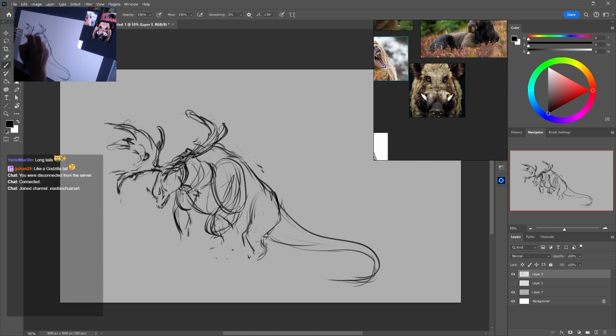Put some tusks here like this. So I don't want the tusks to be competing with the antlers, right? We made the antlers really big, so we can't make the tusks huge. The other way to approach this would be to make the antlers smaller and then make the tusks ginormous. But I think Diego from Ice Age has teeth that go this way. Long way, right?